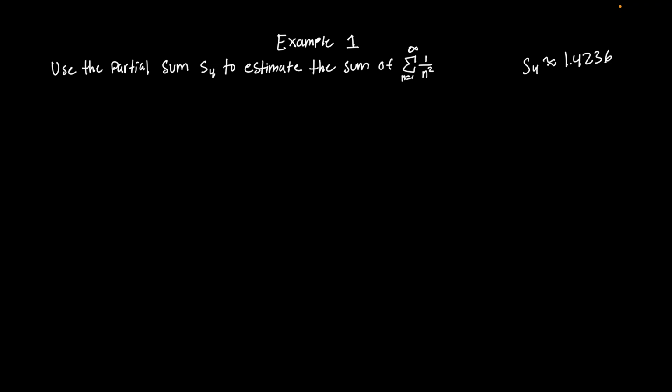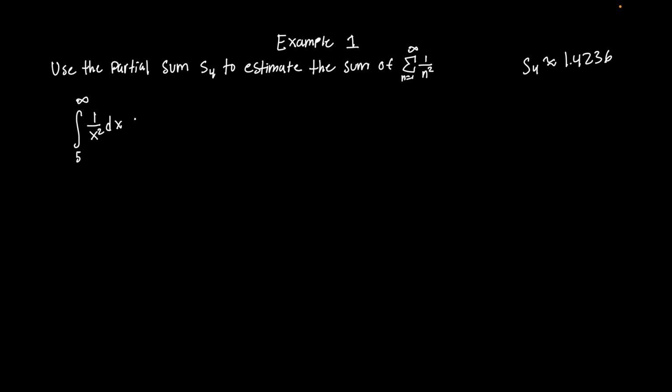If you remember from the last video, you just replace the n's with x's. So plugging this into the remainder estimate formula, we get the integral from 5 to infinity. Now why is it 5 and not 4? If you remember, in the formula, the left side was n plus 1. So we're writing the fourth partial sum, so 4 plus 1 is 5. So from 5 to infinity of 1 over x squared dx